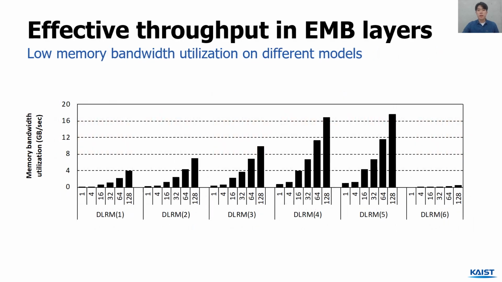Since the performance limiting factors of compute-intensive DNNs are well known, we seek to root cause the reason behind such low performance of embeddings. As such, in this figure, we show the effective throughput of embedding layers, which we quantify by measuring how many vectors are gathered and reduced for each embedding layer. What's interesting is that, while the maximum CPU socket-level memory bandwidth is around 77 GB per second, embedding layers suffer from extremely low bandwidth utilization. In particular, recommendation at low batches of 1 to 32, which is probably the most common inference scenario, suffers from very low effective